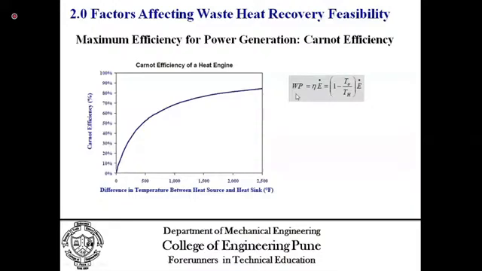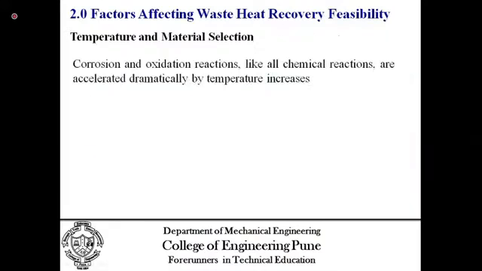Then the next important factor is the temperature and material selection. As we know, the temperature decides and defines the selection of material, because, as everybody knows, we know inertia. Newton told us what inertia is. But there is one more term, that is thermal inertia. It is similar to inertia. Each and every material, depending on its properties, will take some time to reach a particular temperature. Depending on the thermophysical properties of that material, the time required to reach that temperature will change.